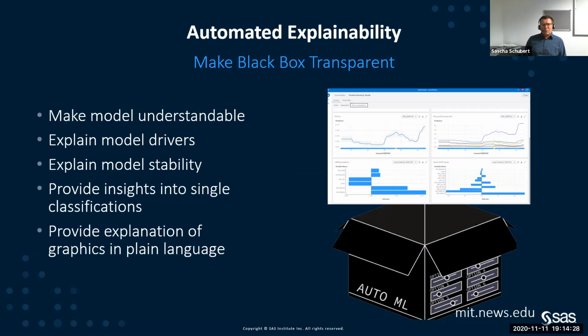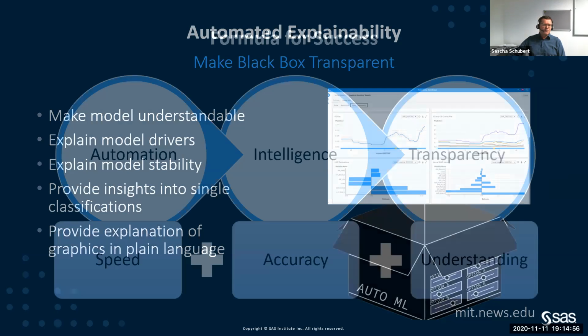And also we have to make sure that the model is not biased and is complying to ethical standards against discrimination and other things. So all of that needs to be available to people that are using the model and not necessarily have built the model. So making this understandable and transparent is a big area where automation can help to make the models more transparent, but also more acceptable by users of the model at the end of the process.